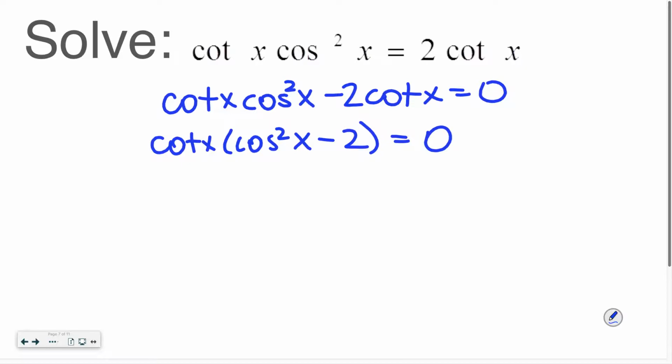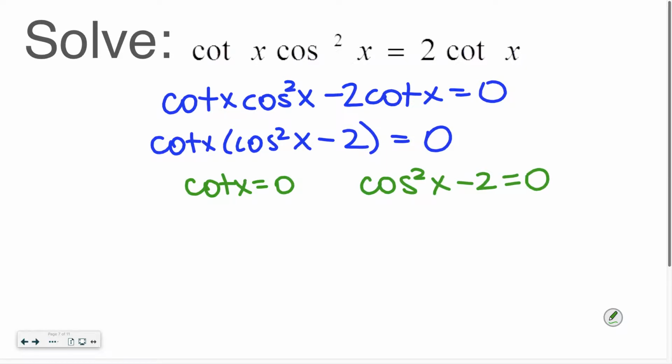Look for that greatest common factor, especially when you have a mix of more than one trig function. See if there's a GCF before you start using identities. Okay? So here we have the cotangent of x equals 0 and the cosine squared of x minus 2 equals